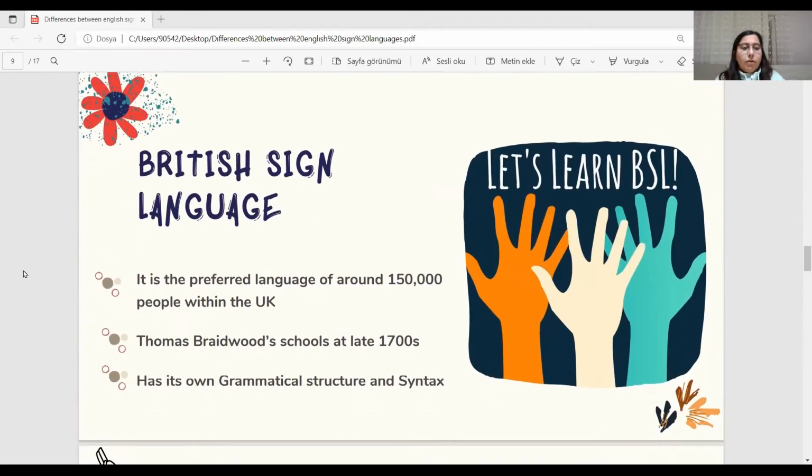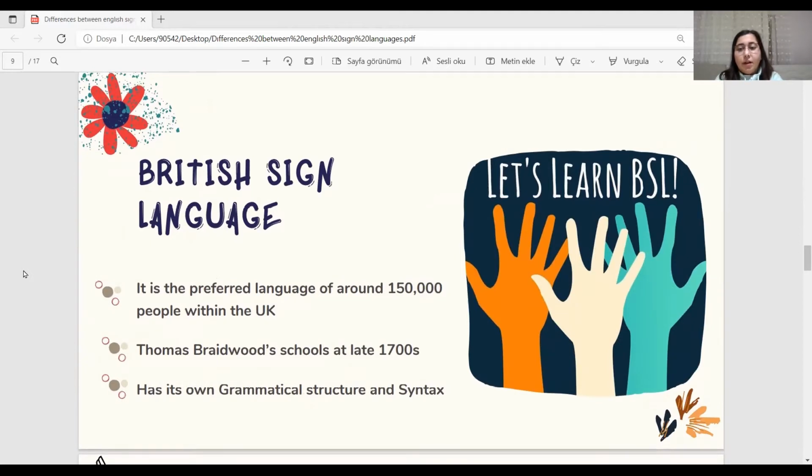Let's move on to features of British Sign Language. As its name suggests, BSL is British Sign Language, the most widely used sign language in the UK. BSL is a visual gestural language using hand shapes, facial expression, gestures, and body language to convey meaning. There are around 151,000 BSL users in the UK, and about 87,000 users are deaf. It is also used by the families and relatives of deaf people, sign language interpreters, and BSL learners.